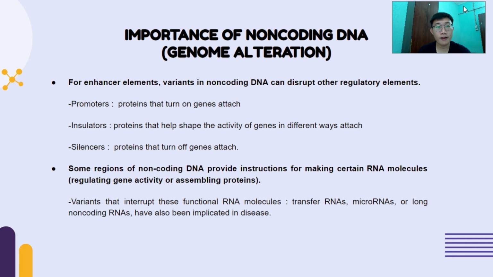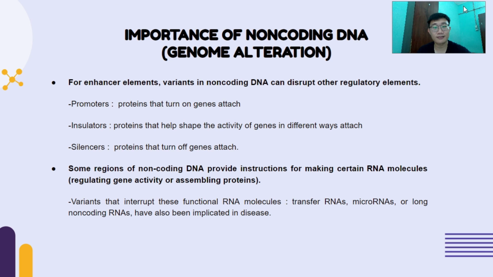For enhancer elements, variants in non-coding DNA can disrupt other regulatory elements. These elements include promoters, where proteins that turn on genes attach, insulators, where proteins that help shape the activity of genes in different ways attach, and silencers, where proteins that turn off genes attach. Some regions of non-coding DNA provide instructions for making certain RNA molecules that play roles in regulating gene activity or assembling proteins. Variants that interrupt these functional RNA molecules, such as transfer RNA, microRNAs, or non-coding RNAs, have also been